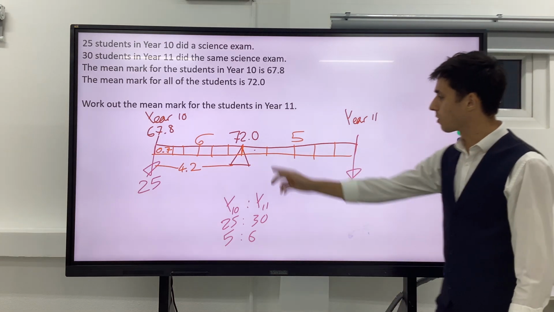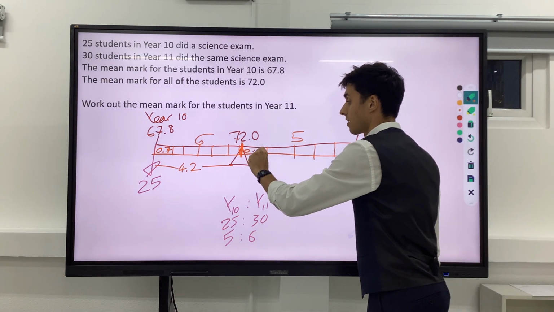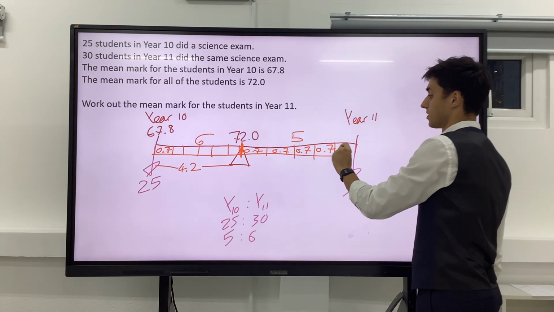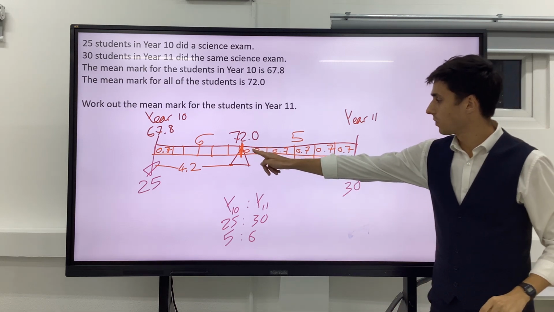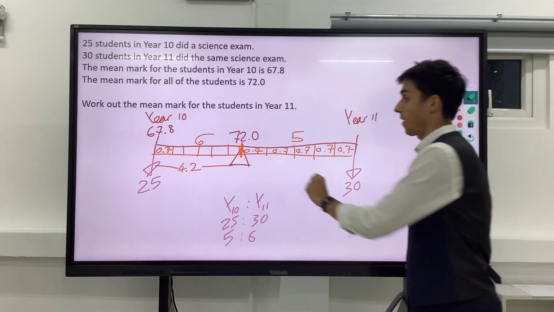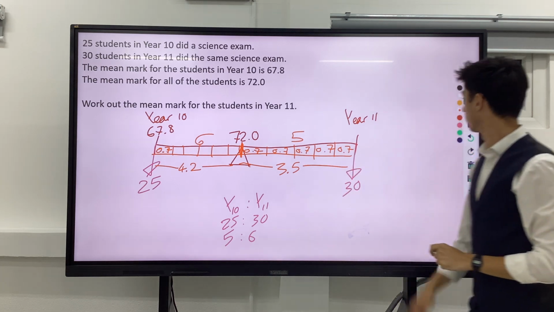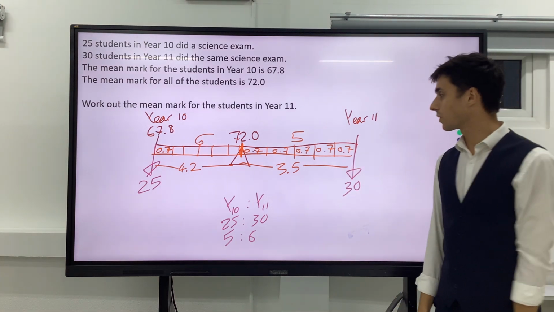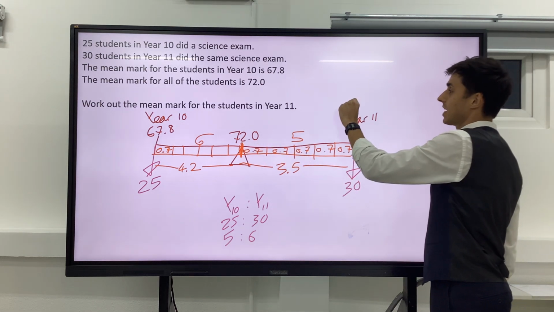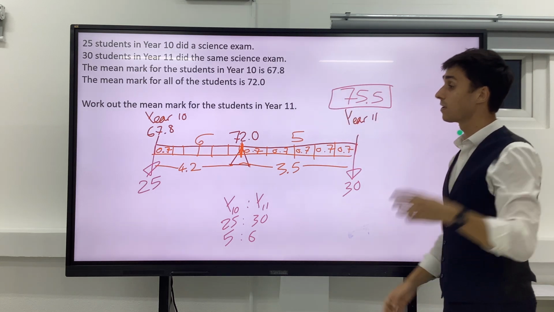On the other side then, of the pivot point, we have exactly the same scenario. So we have 0.7, 0.7, 0.7, 0.7, 0.7. That means with our 5 altogether boxes, we've got 3.5 on the other side of the pivot. So 3.5 over here. And thinking about the numbers that we know then, we've got 72, 3.5, that means the Year 11 average had to be 75.5 in order for this to